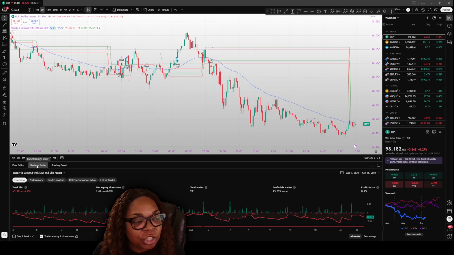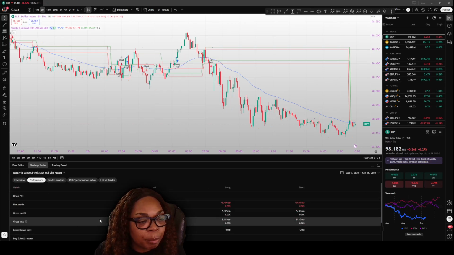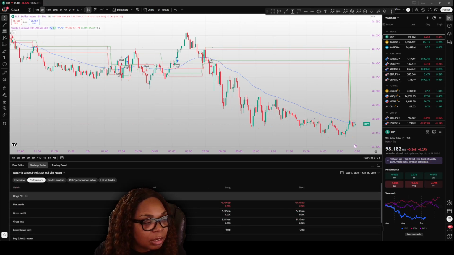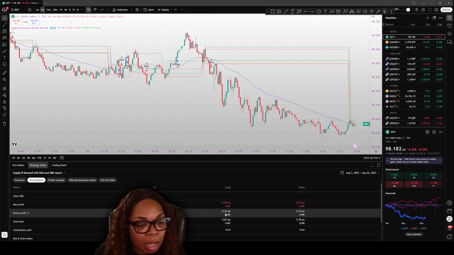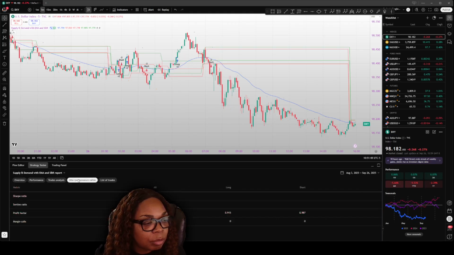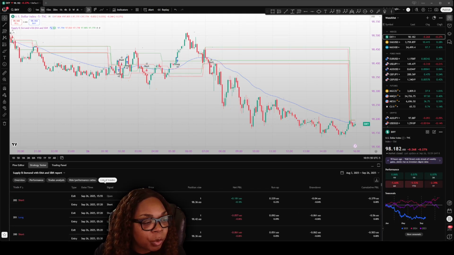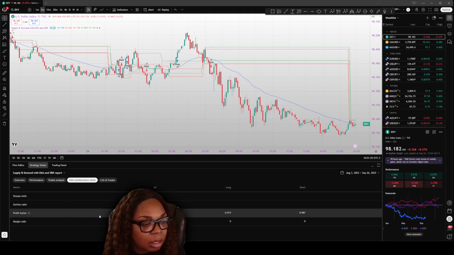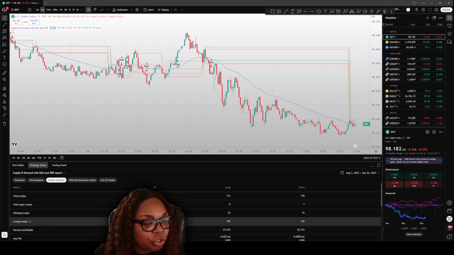So under Strategy Tester, when you go there, it's going to give you the performance details. It's going to show you the profit and loss, and it's going to show you how many times it went long and how many times it went short. This is the performance ratio, and it also gives you a list of the trades. So out of all of the trade analysis,